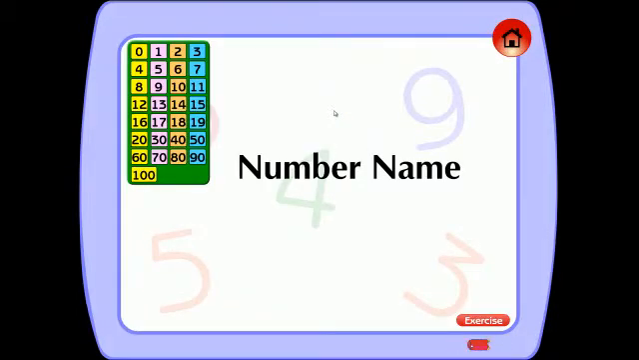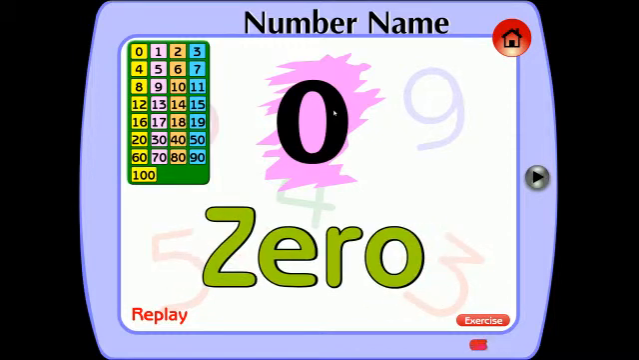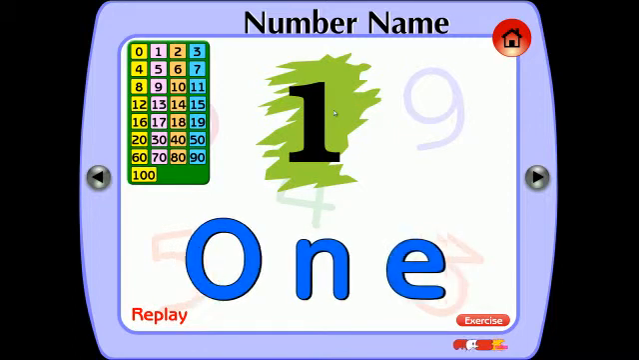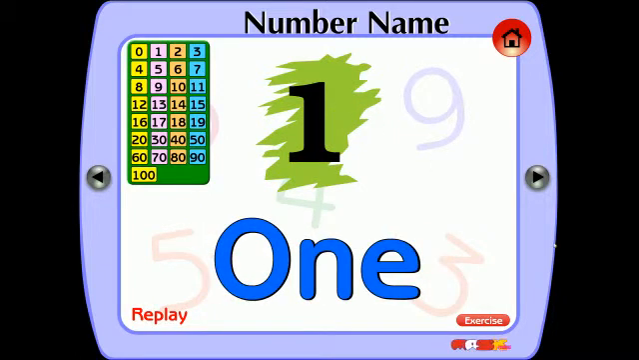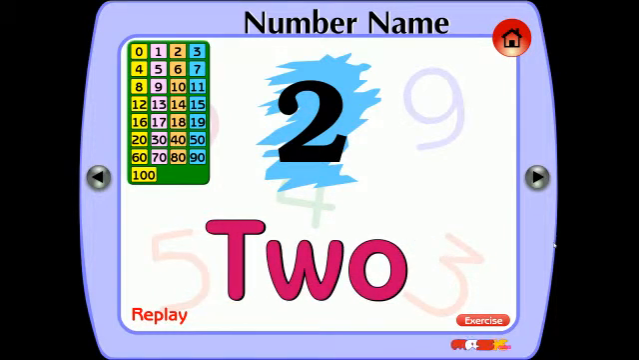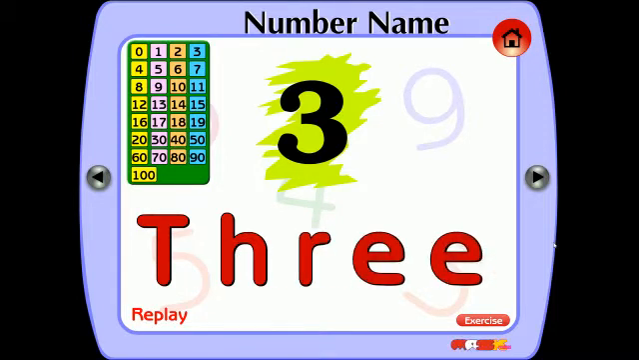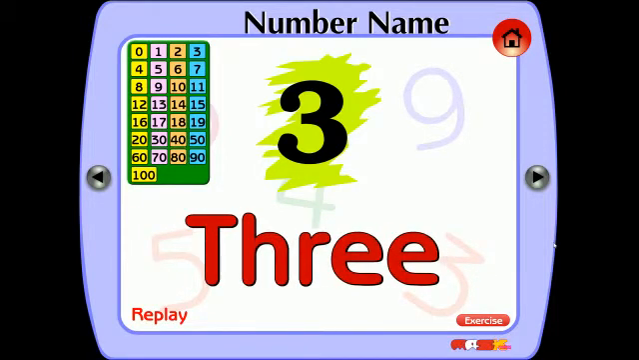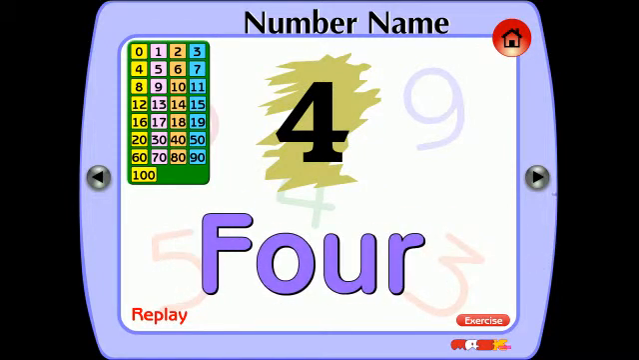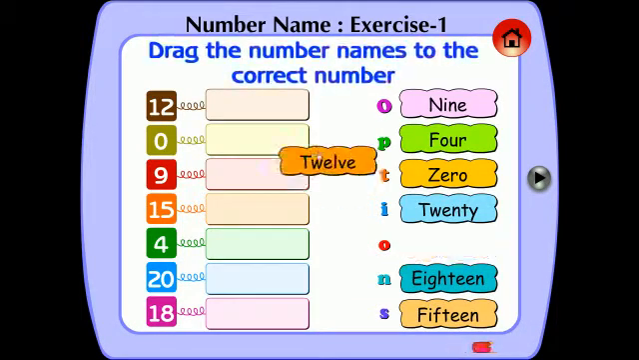Number name. Z-E-R-O, 0. O-N-E, 1. T-W-O, 2. T-H-R-E-E, 3. F-O-U-R, 4. Drag the number names to the correct